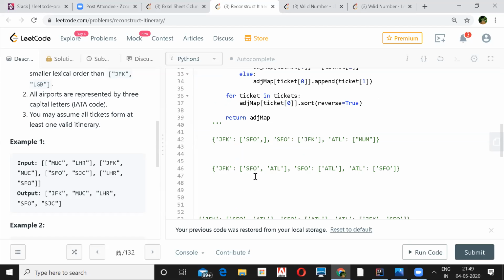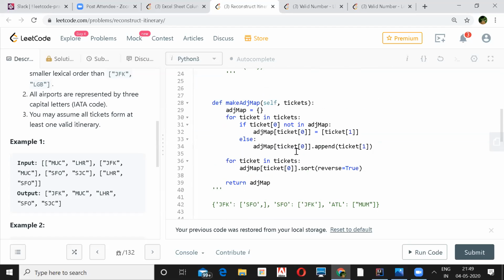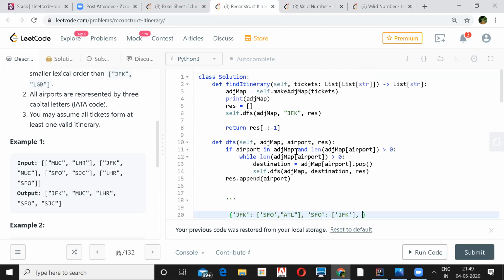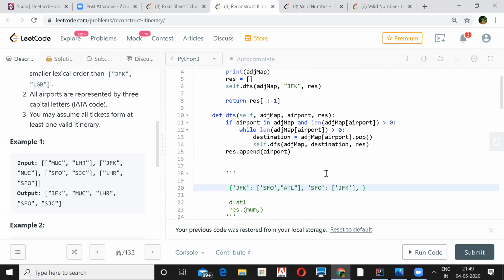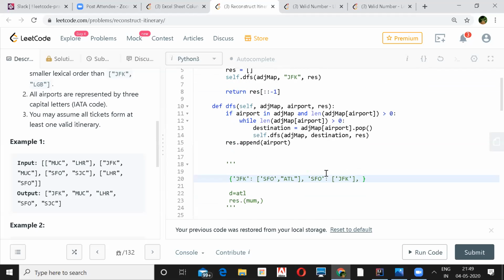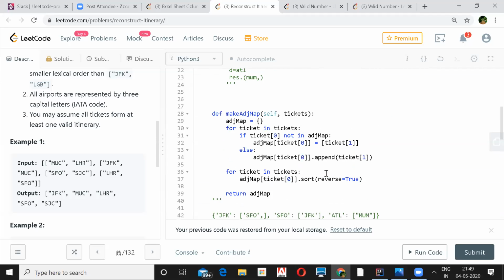Okay, yeah, we can proceed further. Yeah, let's move on.